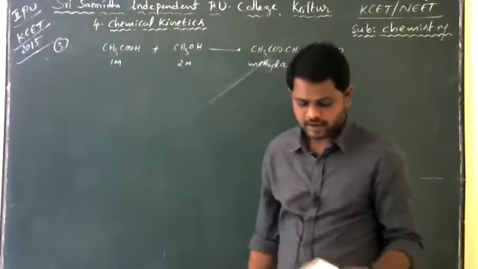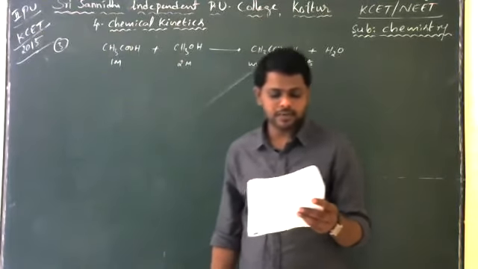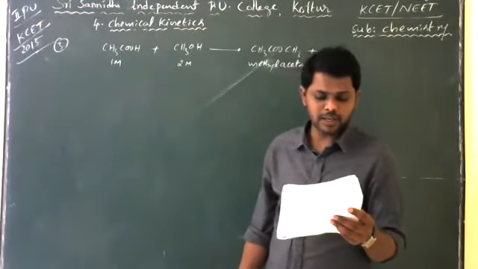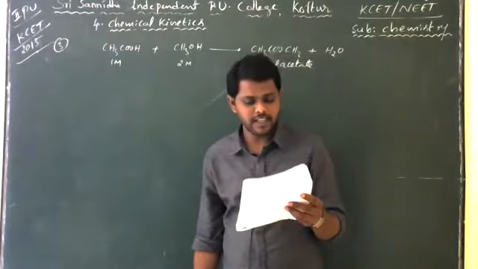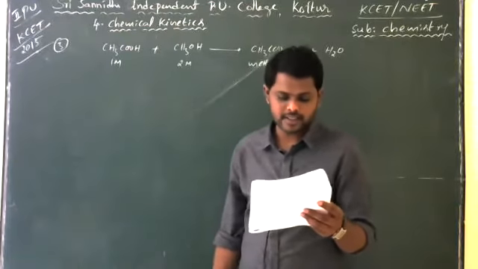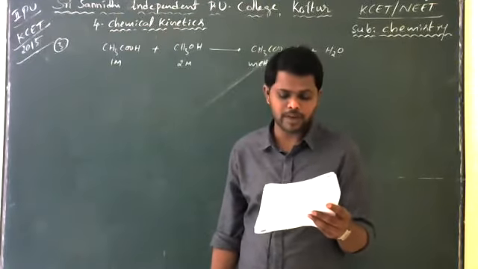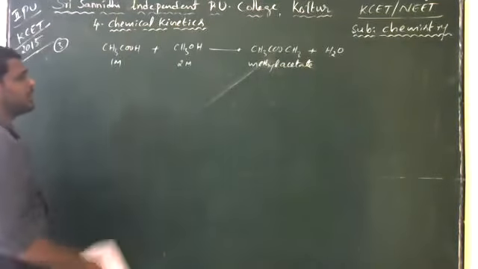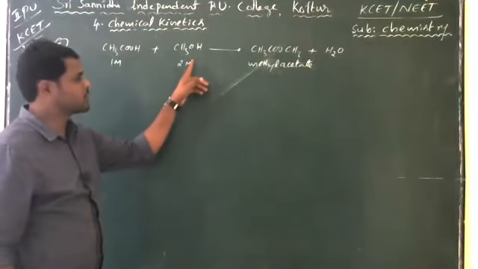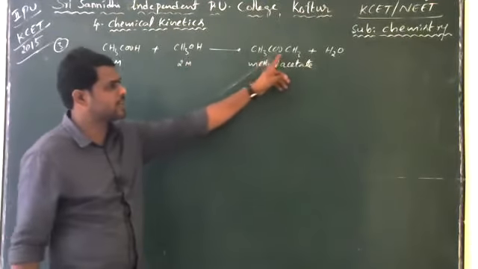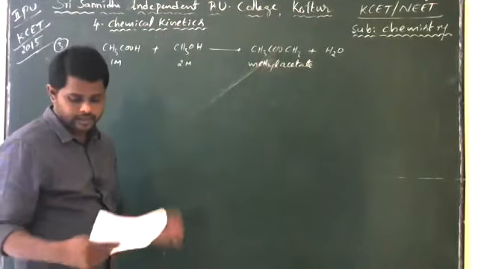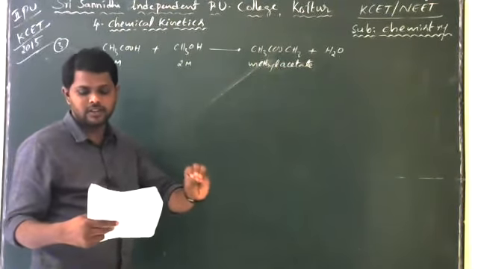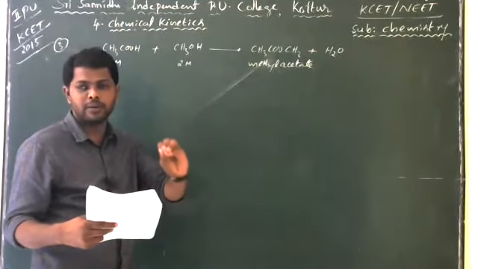That's all the question is. The first option is 4 times, second option is 0.25 times, option C is 2 times, option D is 0.5 times. So 100 centimeter cube of 1M CH3COOH was mixed with 100 centimeter cube of 2M CH3OH to form the ester, right? And the question here is the change in the initial rate if each solution is diluted with the equal volume of water would be.